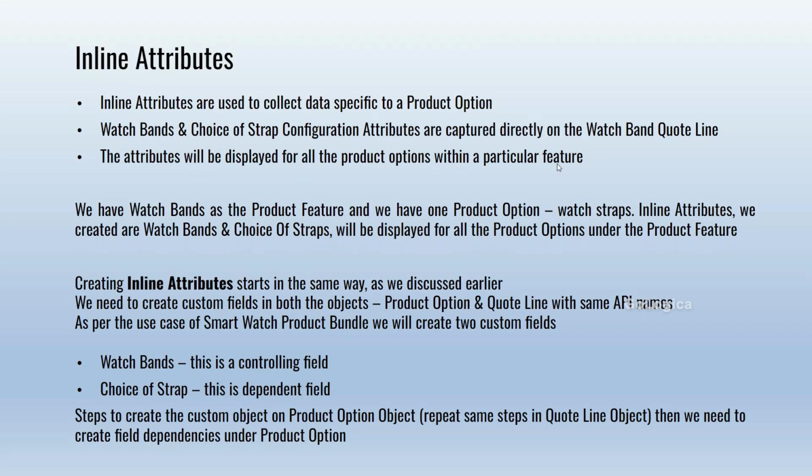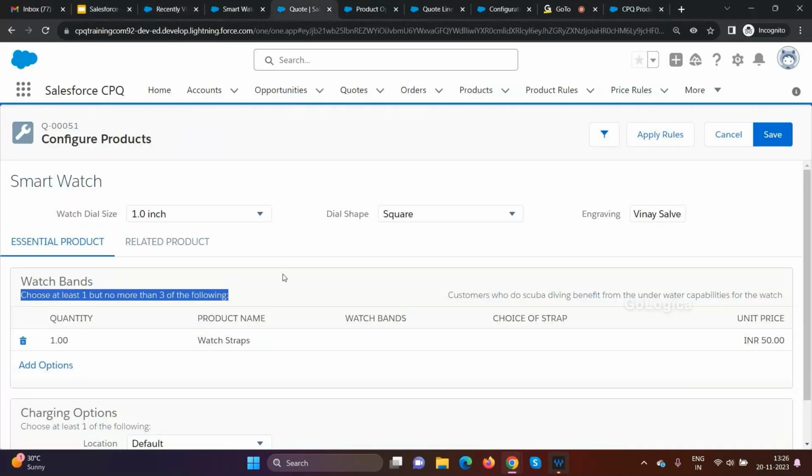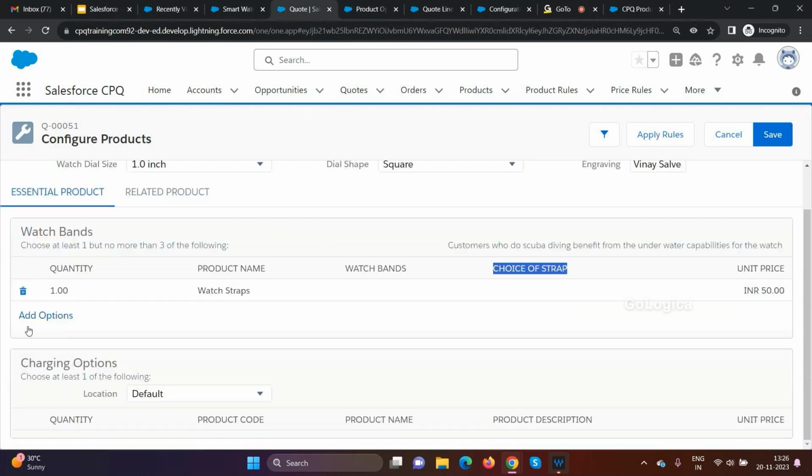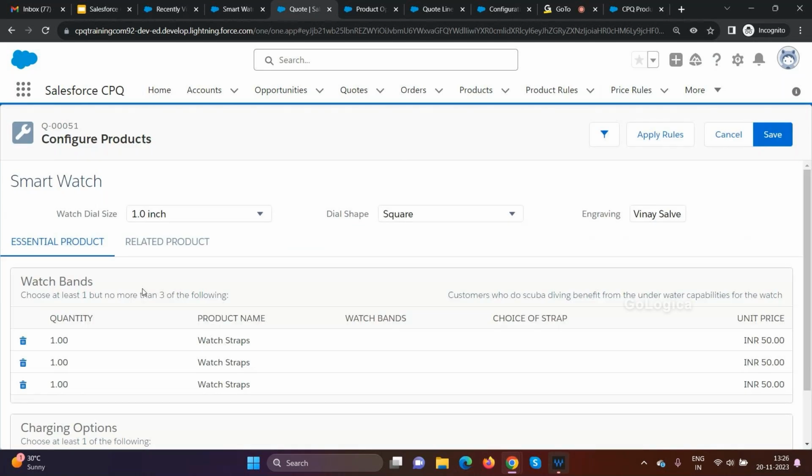No, I didn't get inline attributes. Okay. Could you please elaborate it? So these two are my inline attributes which I have created. Whatever product I add over here, no matter if there are 10 products. Right now there is only watch straps. If there are 10 different types of products under watch bands,